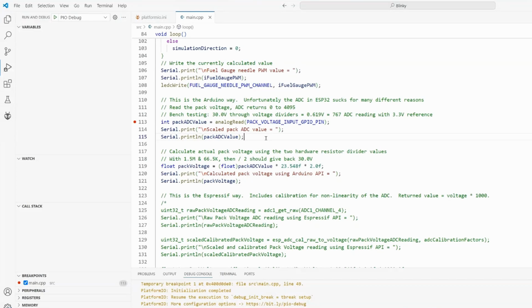Or it could be a magic 1.1 volts, and it is just beyond belief that this is so bad. But luckily, the software people at Espressif who make this chip realized that it's bad. So they actually came out with a way that will help us avoid some of these problems. But before we jump to that, I want to show you